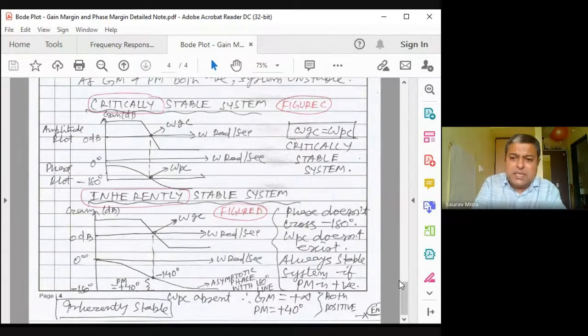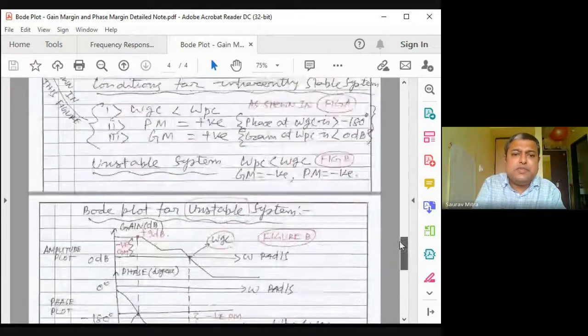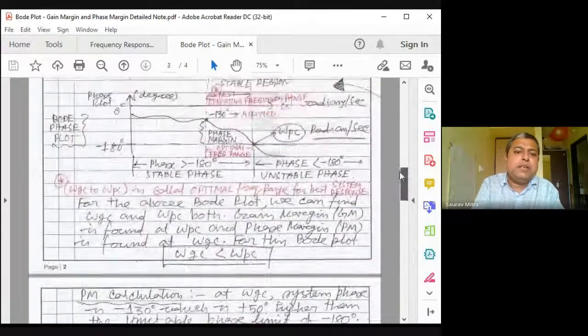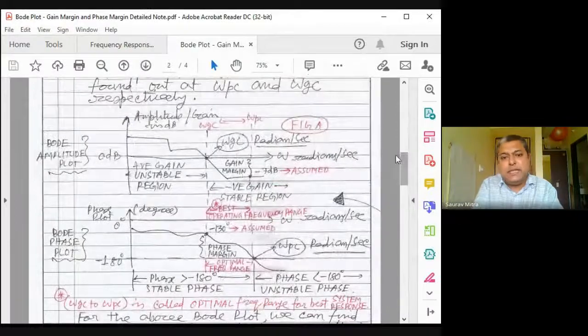But all these things we will keep on discussing later on with different numericals, but you have to remember this graph. That is, at omega gc, gain crossover, the system is becoming stable from unstable. At omega gc, how much is the phase? It is greater than minus 180. What happens at less than minus 180, the system phase becomes unstable. So here it is minus 130, which means it is 50 degree more than instability.